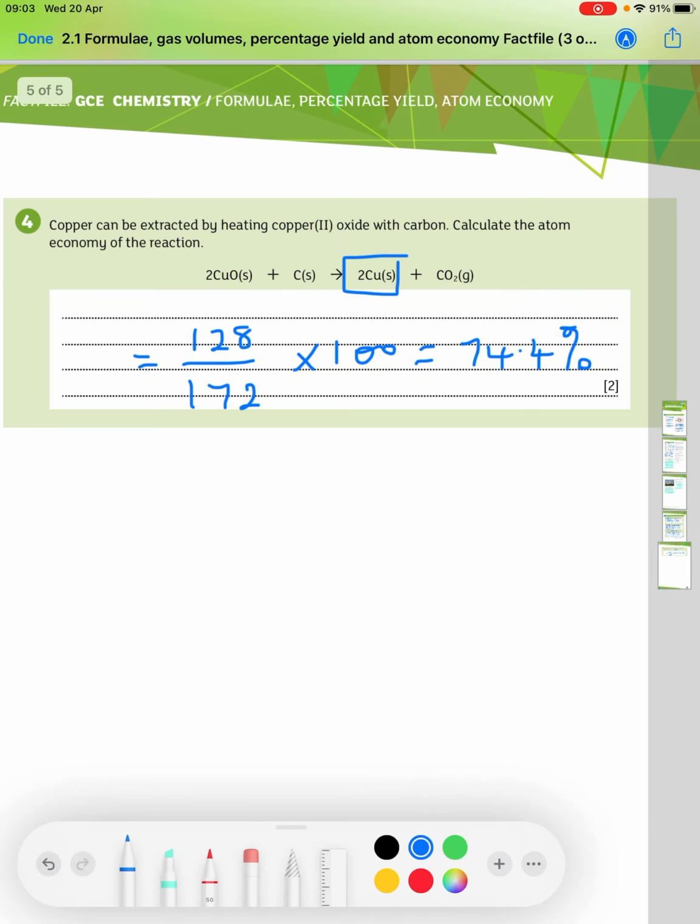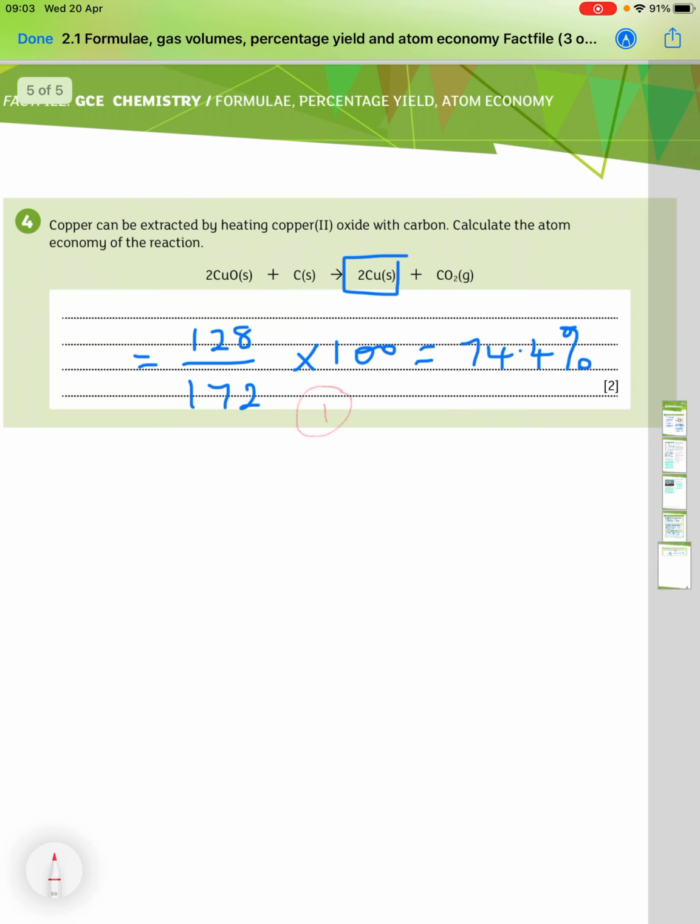We multiply that by 100 and that gives us 74.4%. And the marking points there go for 1 for getting this part of the calculation right, and your